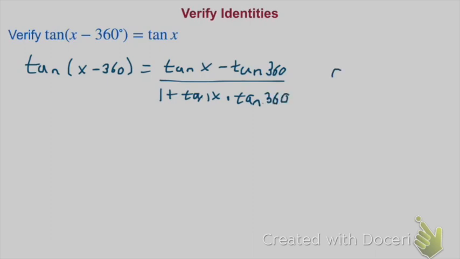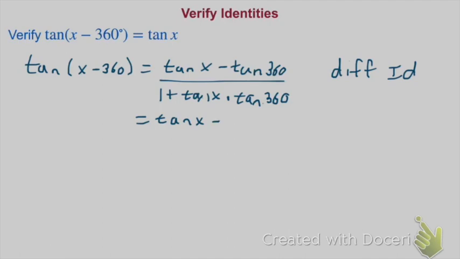And we just use a difference identity here. That's what a lot of these are, just using identities as we go through. We then evaluate. We can't do anything with tangent x. We have no idea what x is. The tangent of 360, the sine there is 0. The cosine is 1. So we have